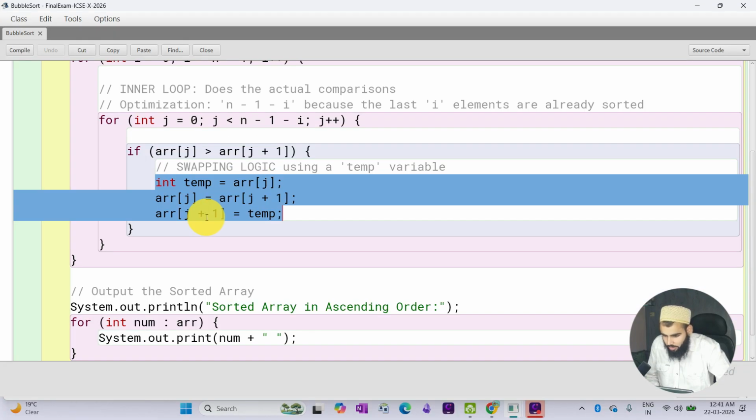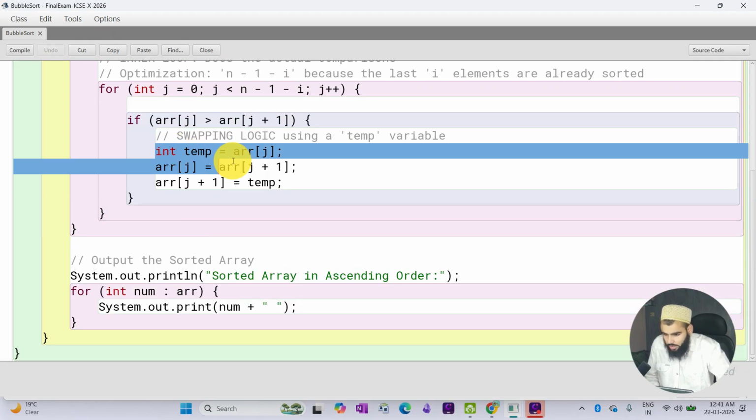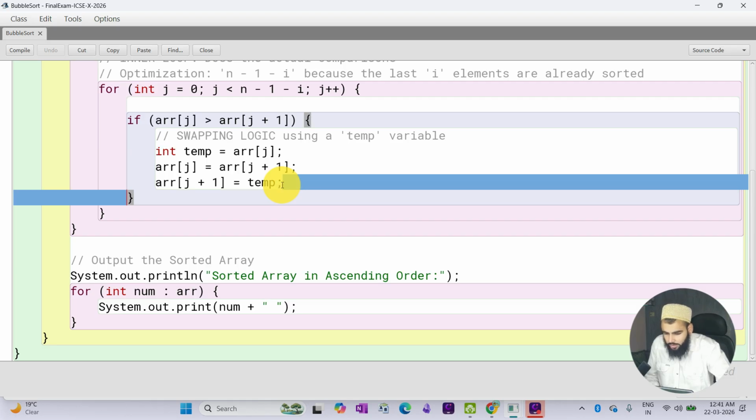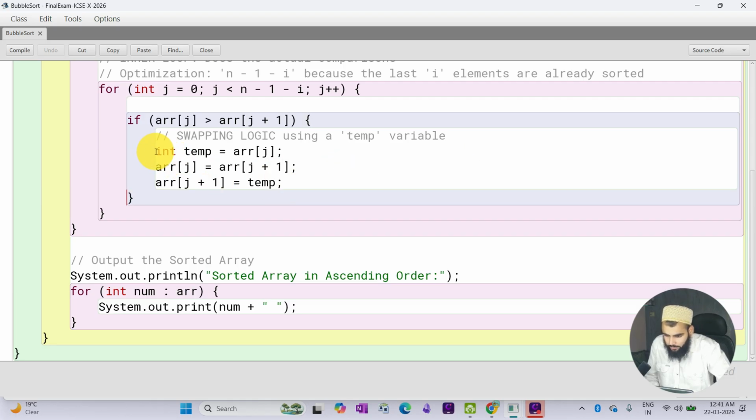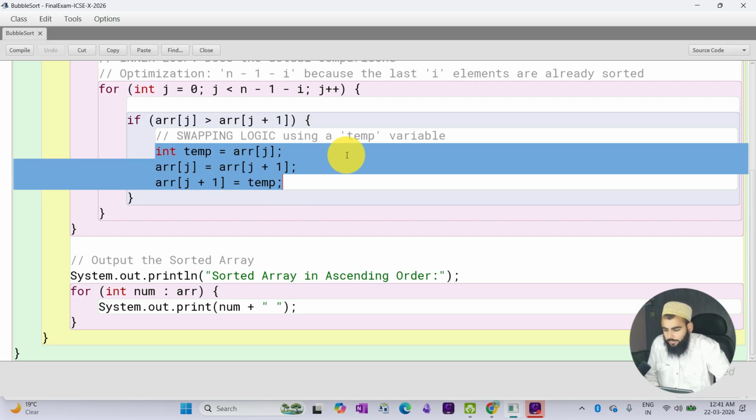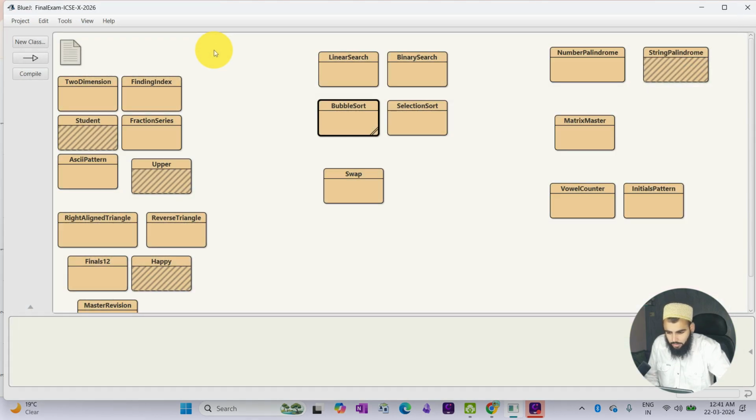Now this bubble sort logic we are having, this swapping logic. If we use this swapping logic, then you can see that with the help of this logic we can just interchange the position of the first and second number. Okay, now I will go here,